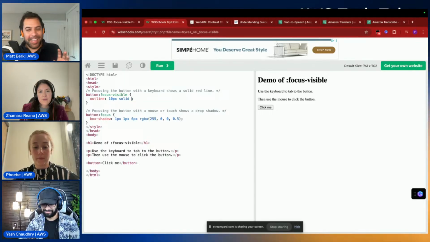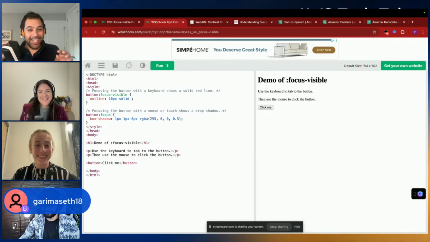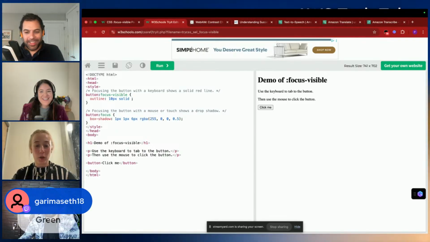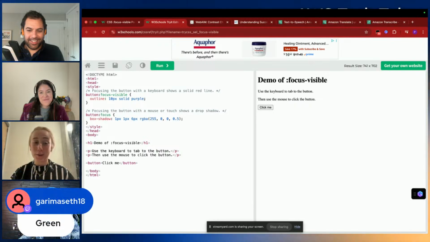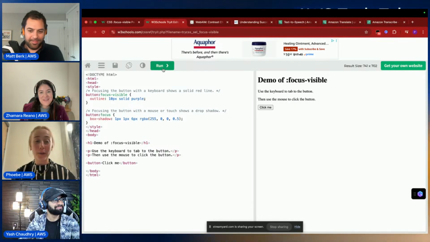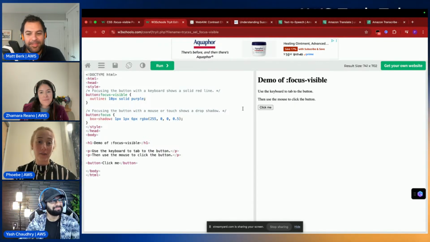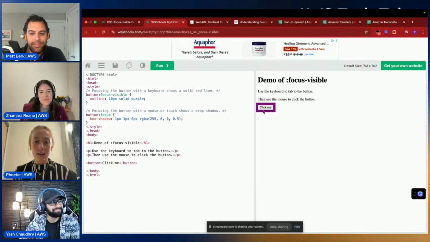Let us know in the chat what colors you want. The funny thing about doing this and asking chat is there's always a slight delay. Purple. Green. I'm going to go with purple because it's the first one I heard, but feel free to utilize this tool yourself. So we'll go again and see now that I've increased it, it has that solid purple background, right?